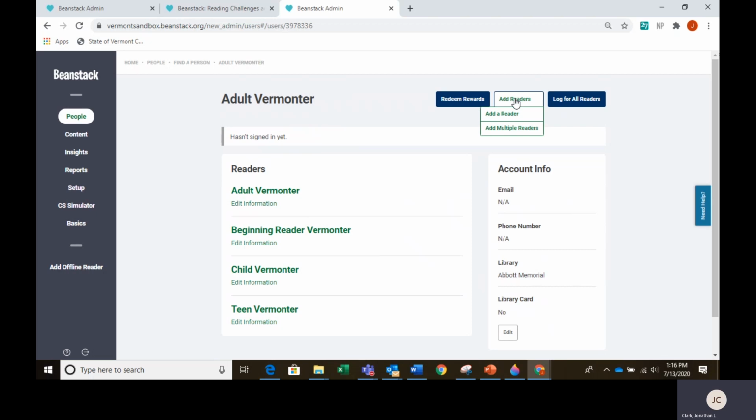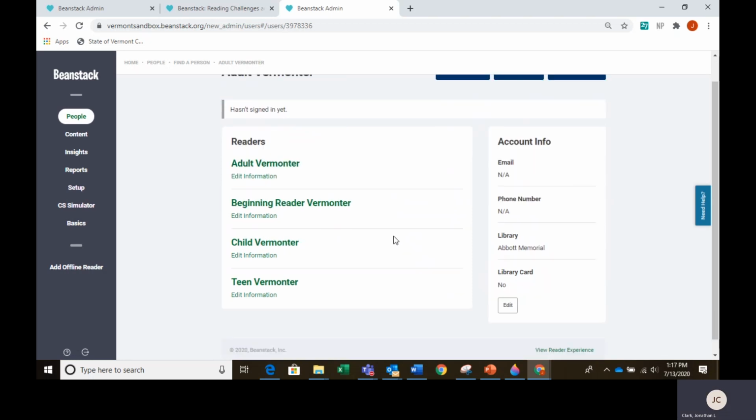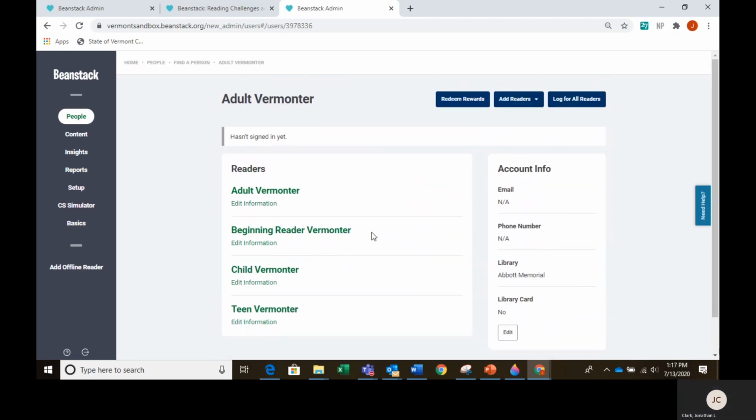And then here you can add readers, and then you can log reading for the readers. This particular one is to log for all readers at once, or you can go into each reader and log minutes. So that's kind of one of the nice features of the family account. So we're going to go into